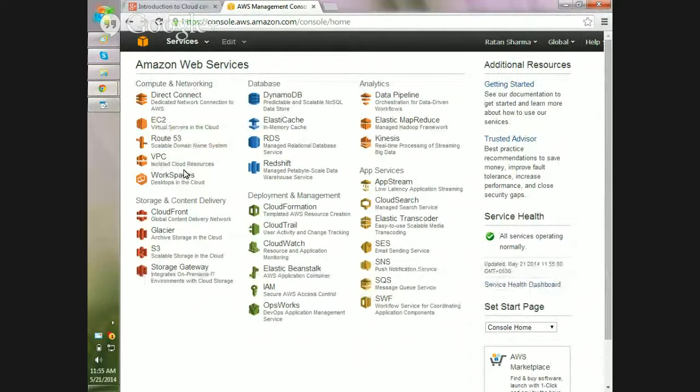These services are for storage and content delivery. These services are for database, deployment, analytics, and app services. So they are just divided by the role of use. Today we will be discussing EC2 from the computing area and S3 from storage, and these two are the major hits from Amazon.